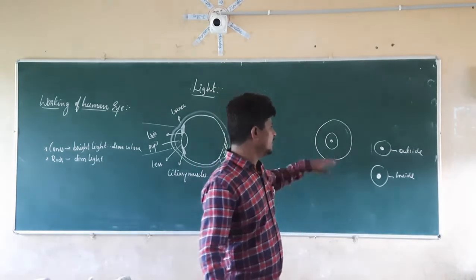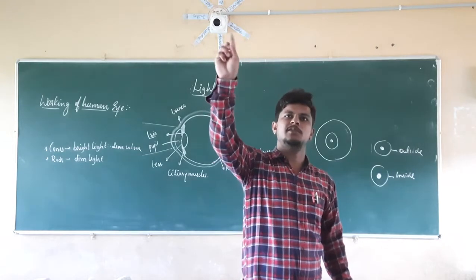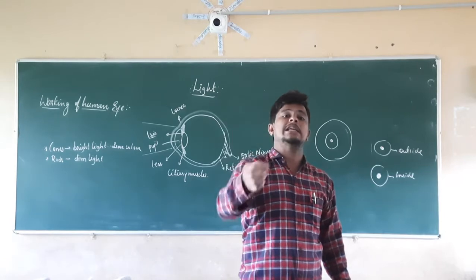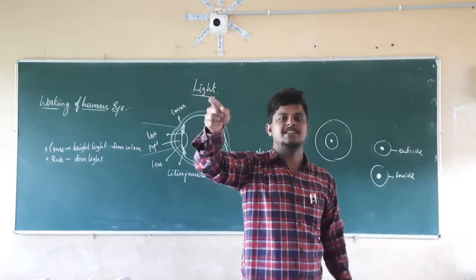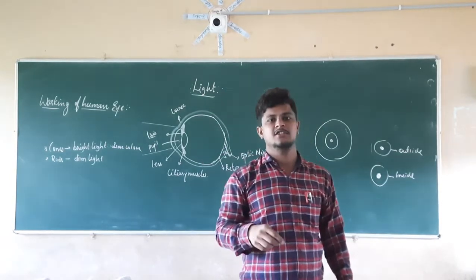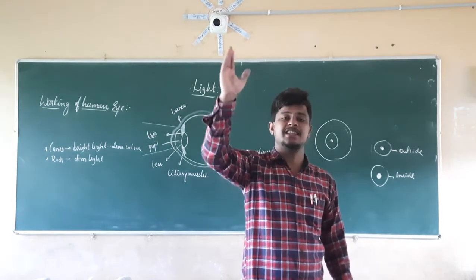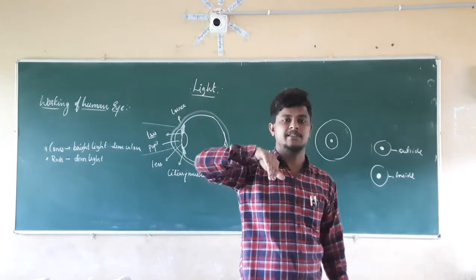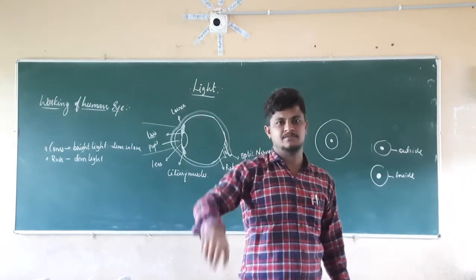For that reason, due to the size of the pupil, it is not possible to see the sun directly at noon time. Why? The size of the pupil is very, very small, and the light coming from the sun is high intensity light. So that light is not going to be taken in by our eyes, and we can't see that thing clearly. If you continuously see it, it is going to harm our eyes. Because of that, we shouldn't look directly at the sun continuously.